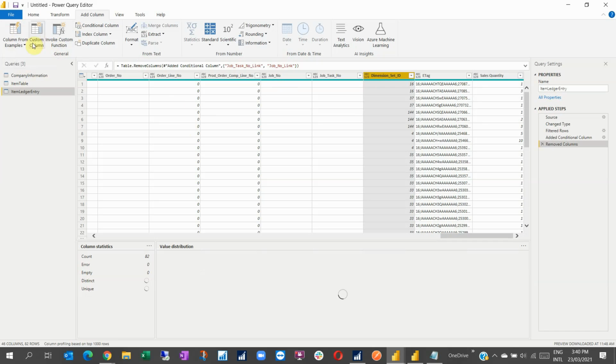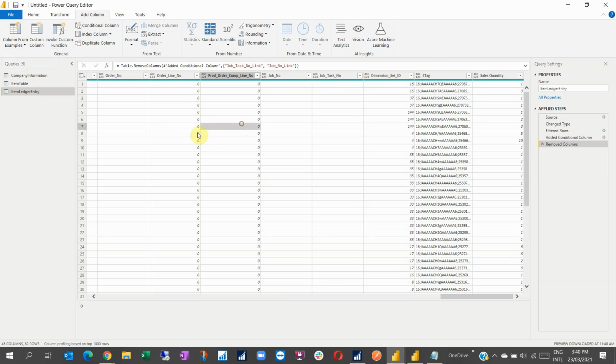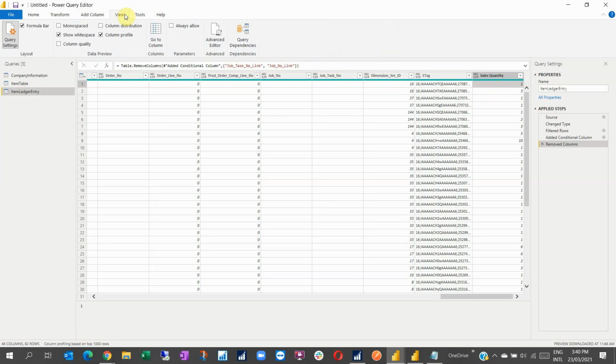So you can select one here and create column from selection or from one column. This way, I'm showing you how we can add a new column and put the formula itself. Again, if I would like to see how the formula was created or what are the steps that I